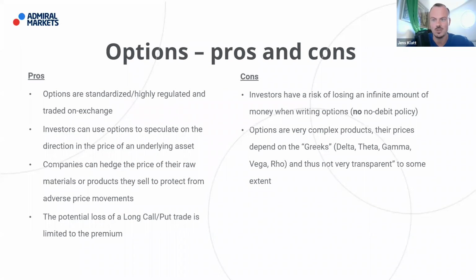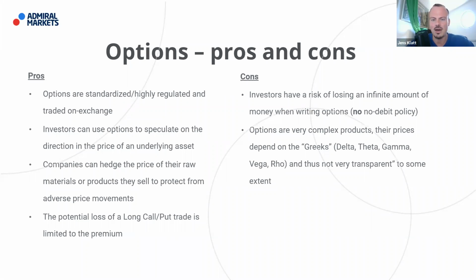We don't dig into this concept today, but it's simple to understand that. But for someone who has never traded an option, it's nearly impossible to understand what drives the price higher in the underlying asset, like an Amazon stock or Apple stock, for example. And so this is a perfect example of why options are usually considered quite complicated and quite complex, in fact, because the pricing of an option, and to find out whether an option is a fair product or fairly priced, depends on so-called Greeks. And there you will come across components like delta,